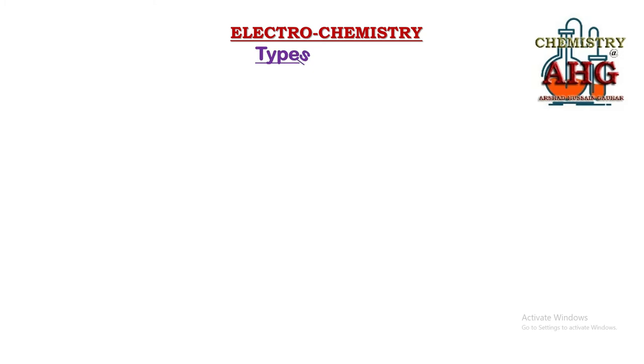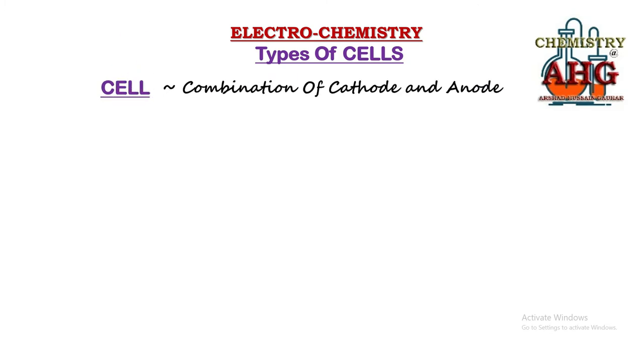First of all, you must know what is a cell. Simply, you can remember, a cell is a setup that is a combination of cathode and anode, that is, a combination of electrodes. Whenever we combine cathode and anode for a redox reaction, that setup is known as a cell. And the next thing you must remember, if we combine two or more cells together, then it becomes a battery. Combination of electrodes is known as a cell, while the combination of cells is known as a battery.